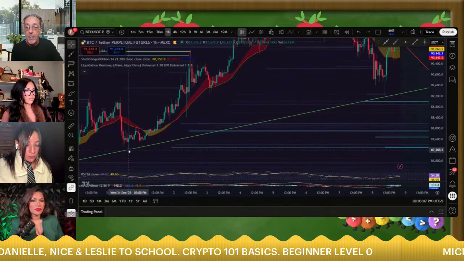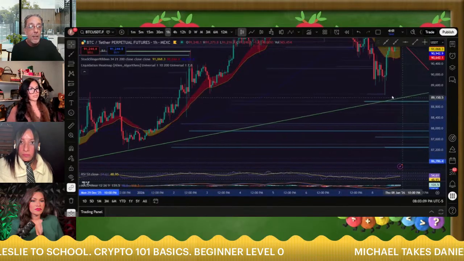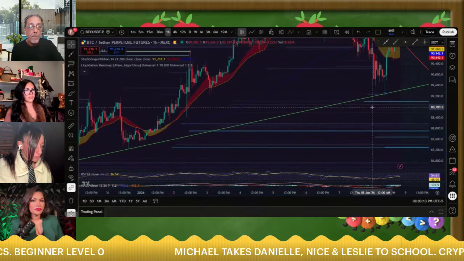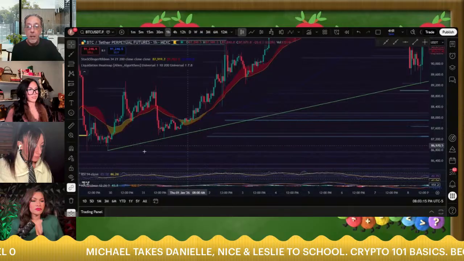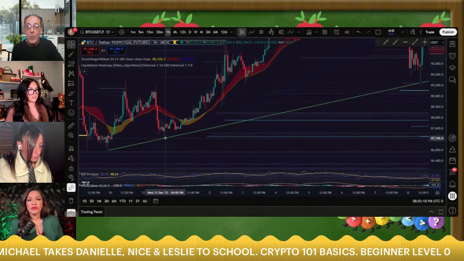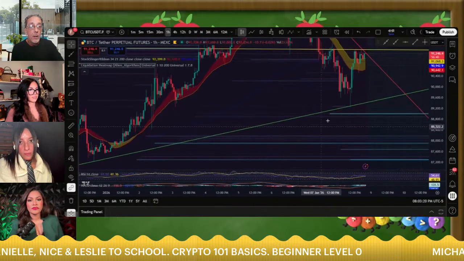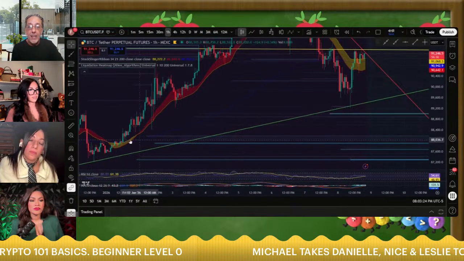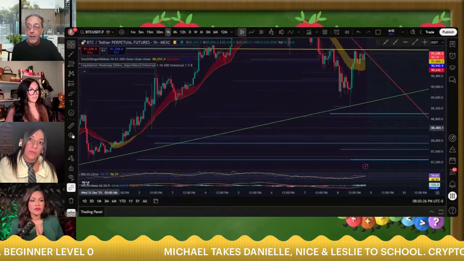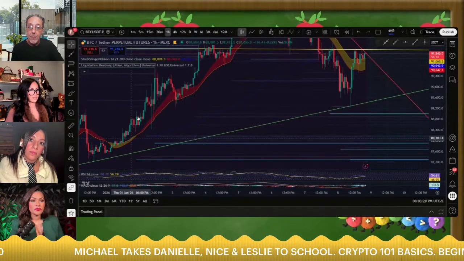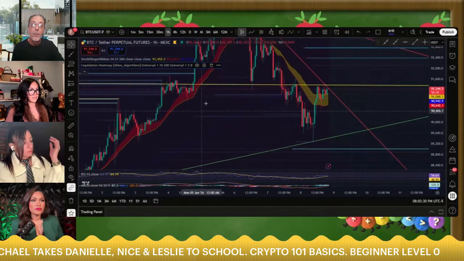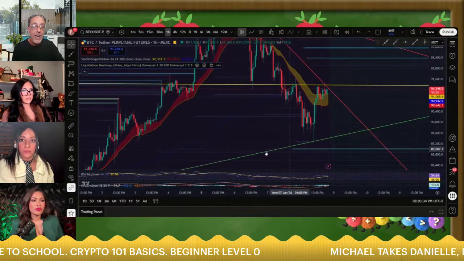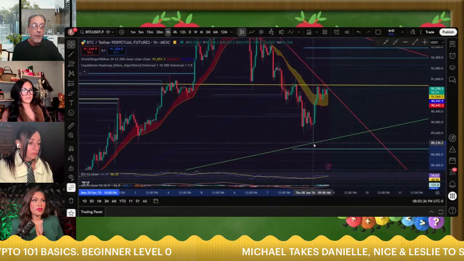I'm going to extend it out over to here. Which is good because that's your starting point. You've got one candle and one wick and now another wick. So this line has been tested twice. It came down here and bounced, went all the way up, came down here, bounced. So you've got a pretty good support line, right?